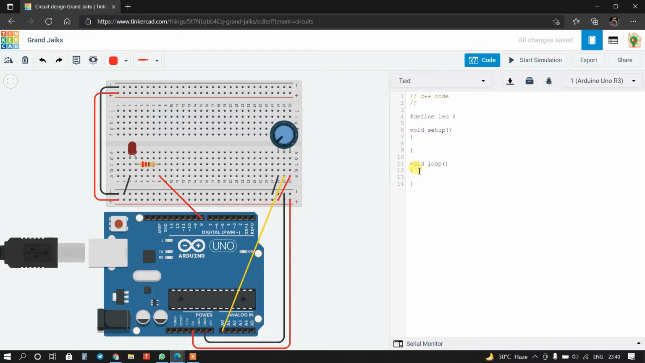Okay, here I will read analog value. So I will call function analogRead, and I will pass here pin number A0, and I will store its value in a variable. So it is int pot_value. Okay,